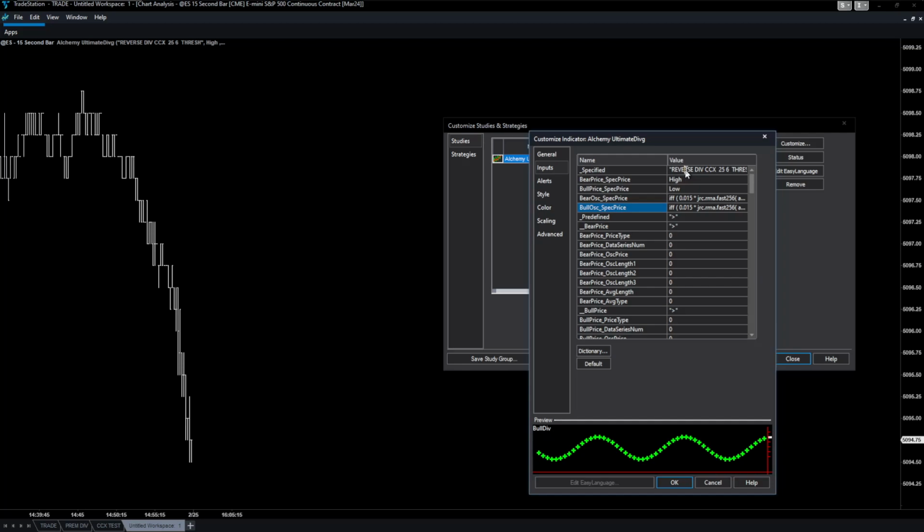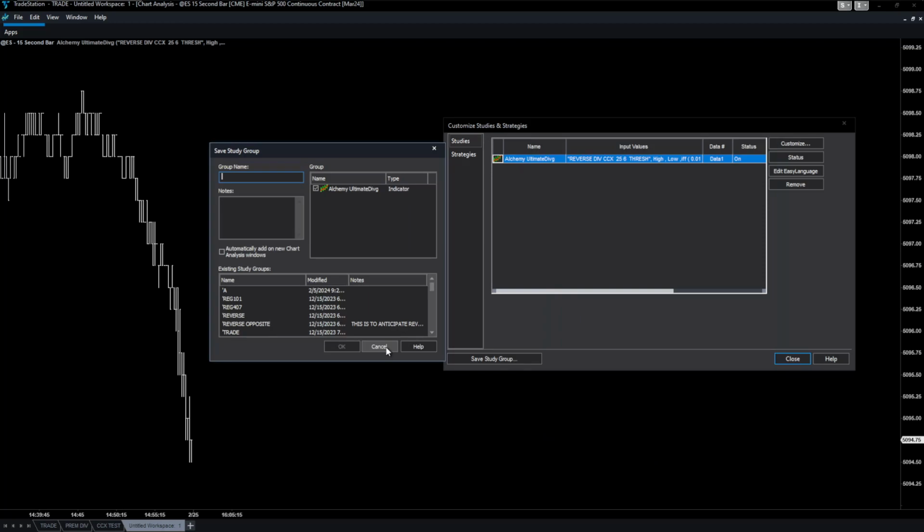Now, once I've done that, what I'm going to do is I'm going to save this study. Okay? And I'm going to name it so that once I've named it, I've now created a special setting for that indicator that I don't need to go and recreate, but I can simply insert it into a workspace